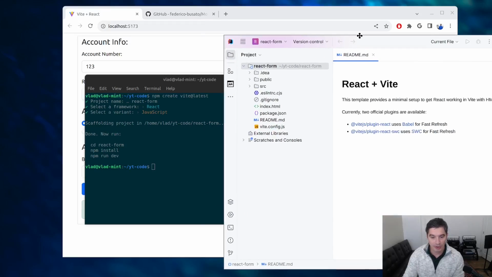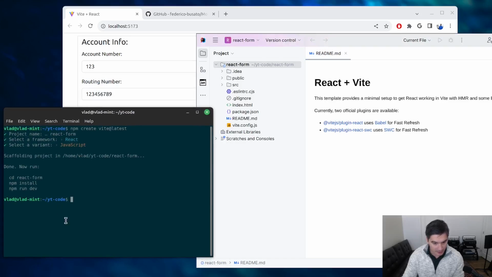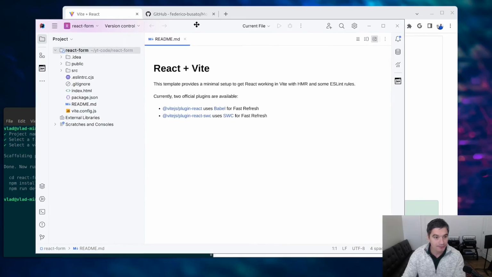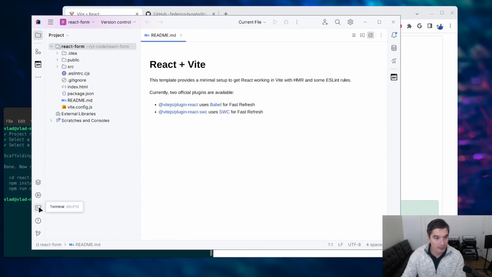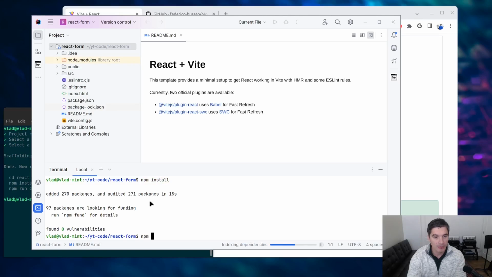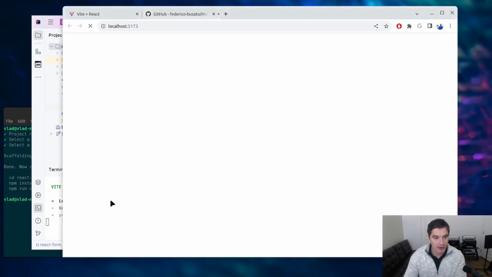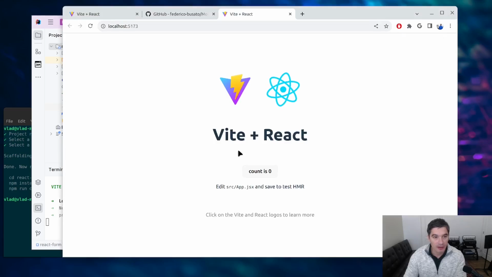Okay, so I opened our project. We just need to follow these instructions that Vite printed out. So we need to do npm install and then npm run dev. So here in terminal, npm install and npm run dev. We can see our project is running in here,